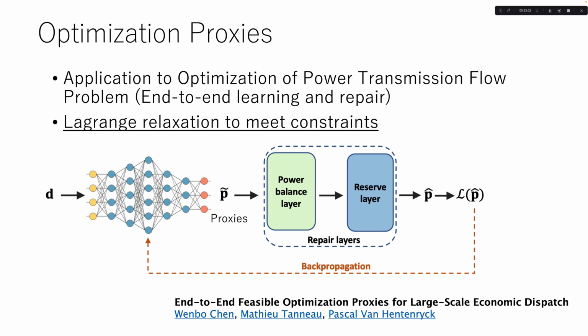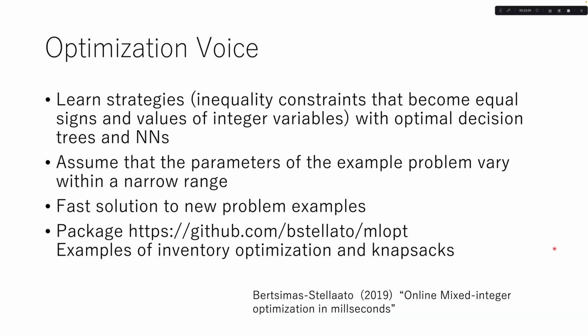The next study was conducted by Bertsimas and colleagues at MIT and is referred to as the voice of optimization. This approach involves learning the inequality constraints that become equalities and the values of integer variables instead of the optimal solution itself, through decision trees or neural networks. With this information, the solution can be quickly approximated by solving a system of linear equations, making the process highly efficient. This method has also been packaged for public use, demonstrating its effectiveness in applications like inventory optimization and the